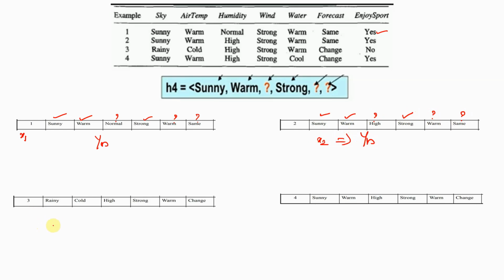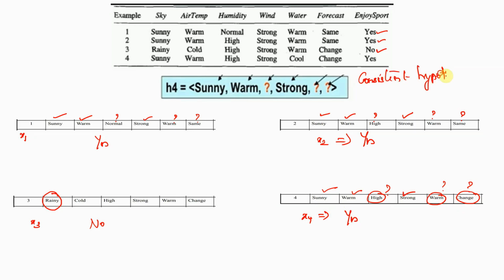passed. Then coming to the input x3, and here itself rainy and sunny both are opposite. So my output is no, my target is also no. And the last one, I'm taking the instance x4, sunny, warm, high will be replaced with question mark, strong, warm will be replaced with question mark, change will be replaced with question mark. So I'm getting S. So now I can tell this is the consistent hypothesis what we learn through the positive